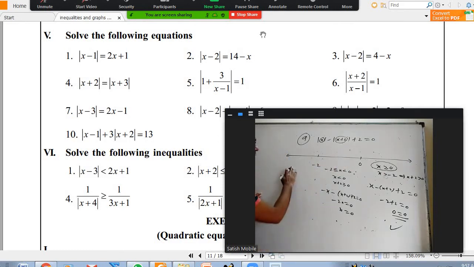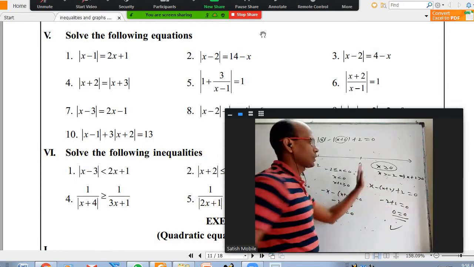When you take less than minus 2, what happens? When x is less than minus 2, x is less than 0 also. If it is less than minus 2, it is less than 0. That means x plus 2 is also negative, x is also negative. Because x is negative, mod x I should write minus x. And because x plus 2 is negative, mod x plus 2 I should write minus of x plus 2, plus 2. From this I'll get minus x minus 2 plus 2 equal to 0. No, plus x plus 2. I'll get 4 equal to 0, which is meaningless. Alright, so I did not get any solution in this interval.